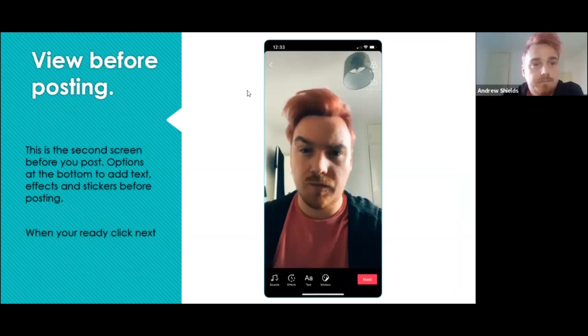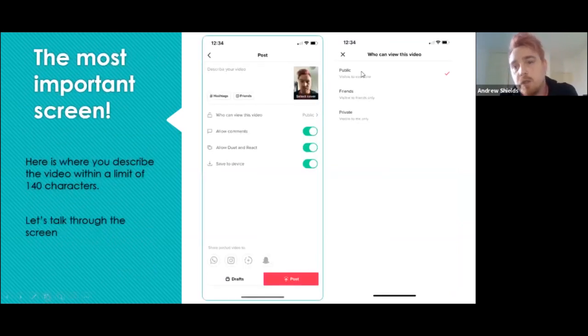So that's that screen. This is the most important feature for you guys as youth workers and professionals, that it's the screen before you post a video. There's two ways you can use it. You type in the description of the video. For me, I usually put day one of stay at home, Eastgate Youth Cafe, and then I'll put a few hashtags like COVID-19, etc., just so that the video is viewed by people that are getting the message of just a bit of entertainment.